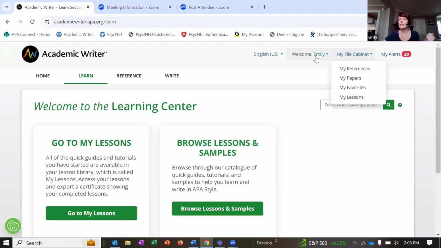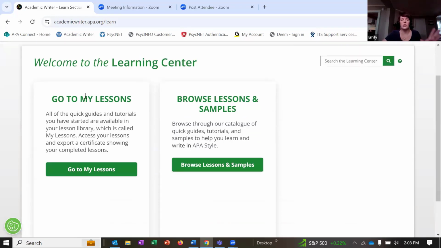You do have to be logged into your account, of course, for it to track your progress and your work within the lessons. Once you click on the Learning Center tab here, it looks a little different. This page used to show us our quick guides, tutorials, and samples linked there with a general overview.